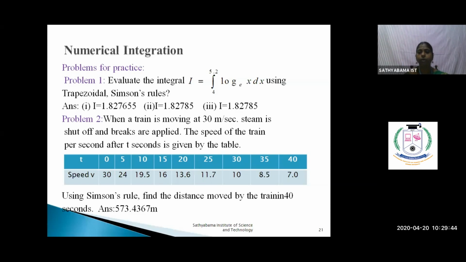What is my unit 4? Unit 4 is numerical interpolation, differentiation and integration. So interpolation we have seen. Differentiation yesterday we have seen. And integration also today we have seen. So unit 4 is completed. Okay. And you have to write the notes. You see the PPT and you can write the notes, and all of you try to do these two problems and also the two problems given yesterday. So keep these things in your notebook, and it is very useful to you for the exams.